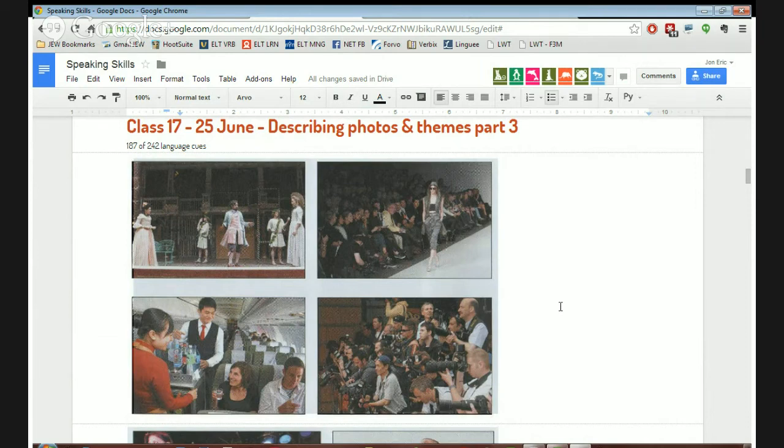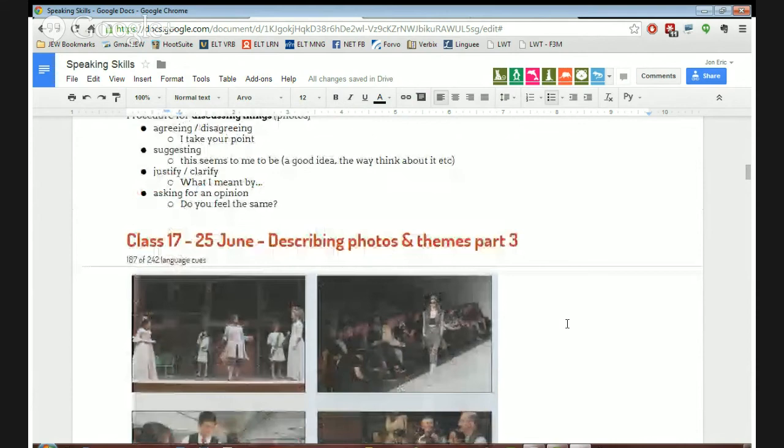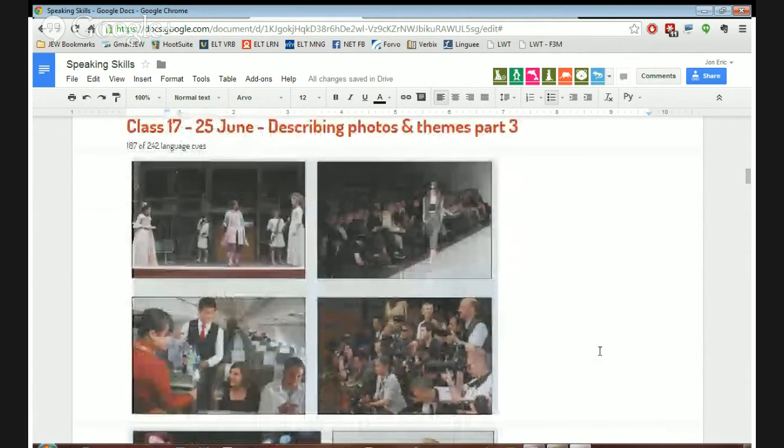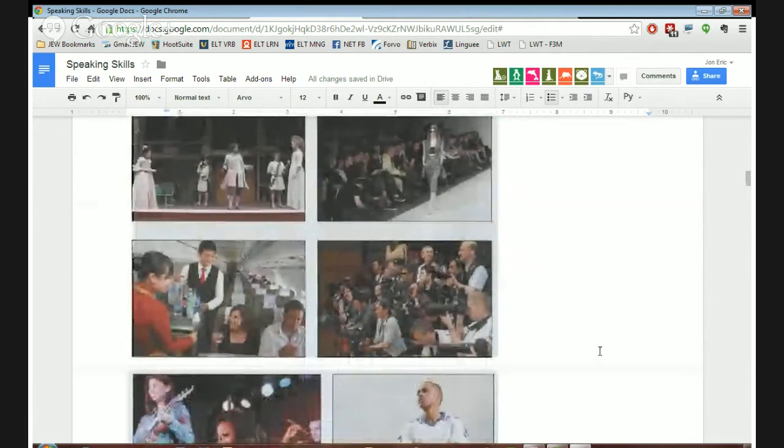So what I'd like you to do is pick up on one of his points using our procedure for discussing things and using one of those expressions. You can also add an expression, but I'd like you to start by using one of those expressions. So the easiest thing to do is agree or disagree. Okay? So do you agree or disagree with what Jason was saying? Can you pick up a point that you remember? I think so, more or less.